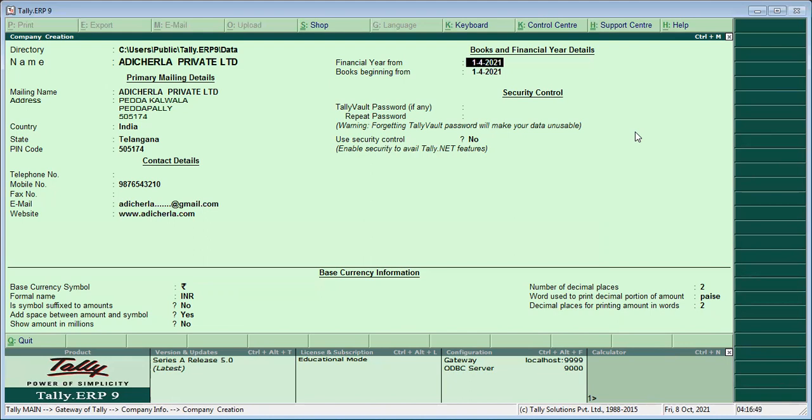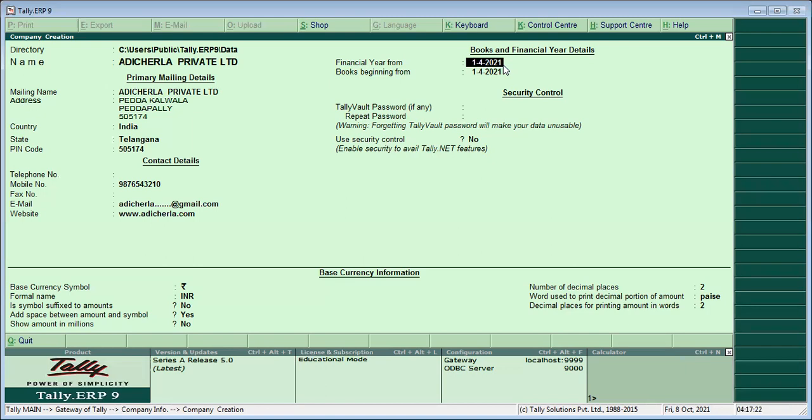Financial year from, books beginning from, and financial year details. Financial year means the financial year starts from 1st April of every year to 31st March of the next year. So in between we have a 12-month period. That period is called the financial year. For the 2021 financial year, it starts from 1st April 2021 to 31st March 2022.